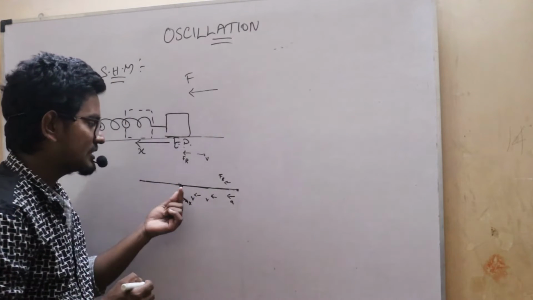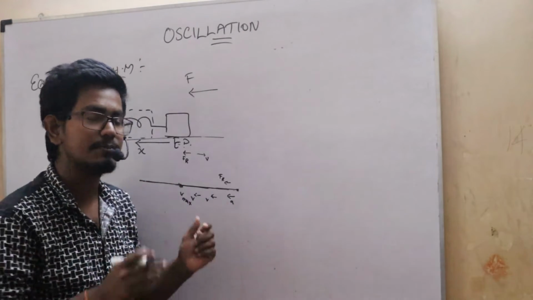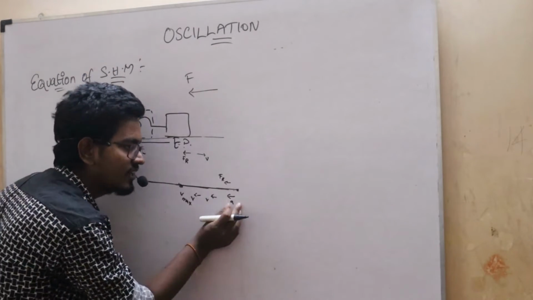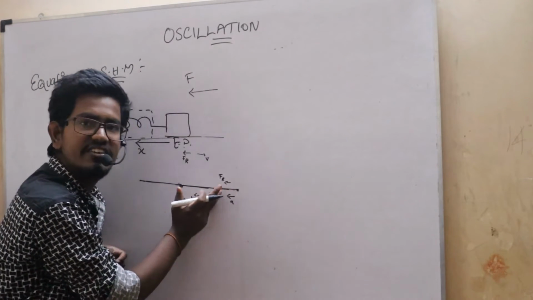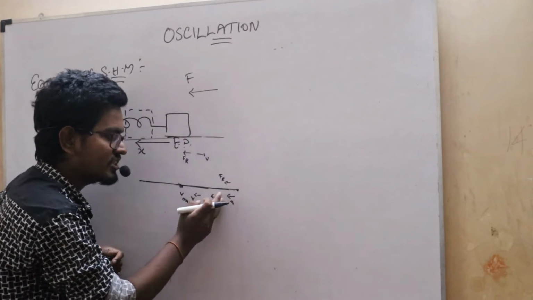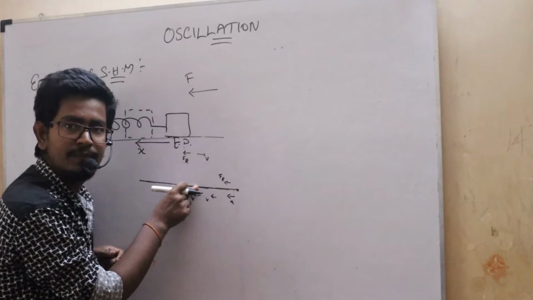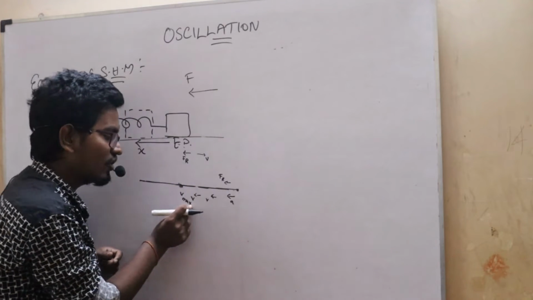Why am I saying my velocity will be maximum? These are all observations, I am not giving you any theoretical parts. You can observe very clearly what I am saying here. So my acceleration is there, my velocity is going to increase, and at the mean position, the equilibrium position, my velocity will be maximum.